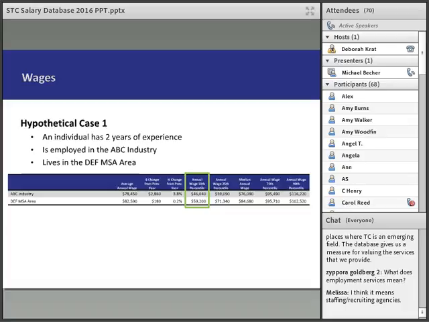So in order to identify an approximate wage of what you should be making, what we want to do is take both of those numbers, the industry data and the most granular industry data. So if that's 4-digit NAICS that you fall into, we want to do the 4-digit NAICS. If that doesn't exist, you take that 3-digit NAICS. If that doesn't exist, you take the 2-digit NAICS. But you want to go as granular as possible on that. And that's the same for the geographic region as well. If you only have state data, you take that. But if you have MSA data, you want to use that instead.